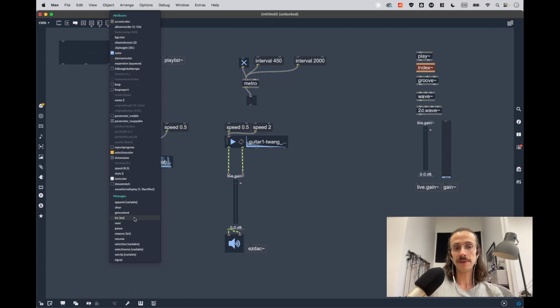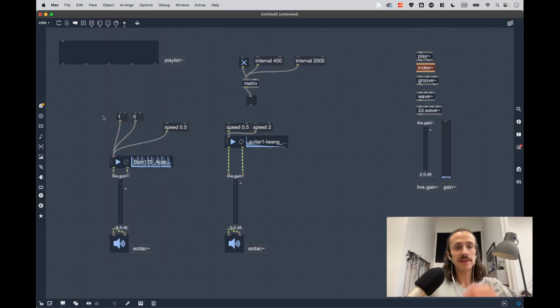Int down here means that the object responds to just numbers, integers. All these other messages mean that the object responds to a word, a symbol, followed by some other values that will change the behavior of the object. So knowing this, we can actually change the speed of this